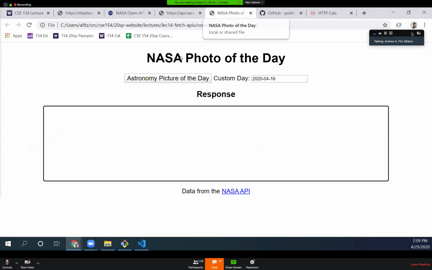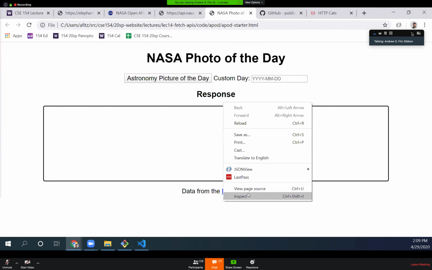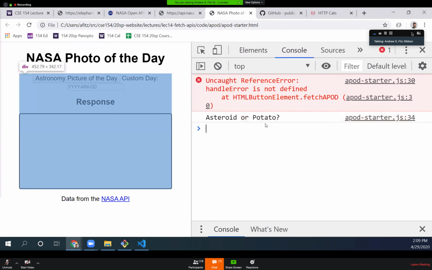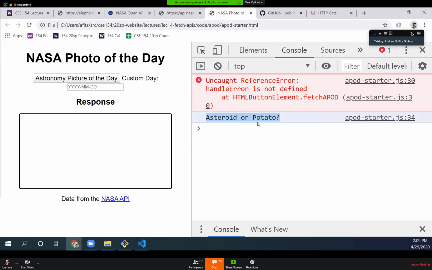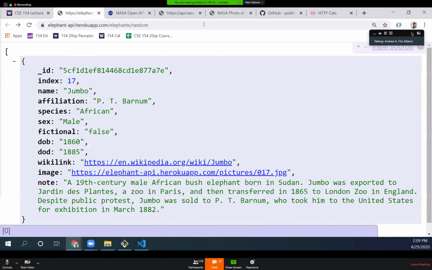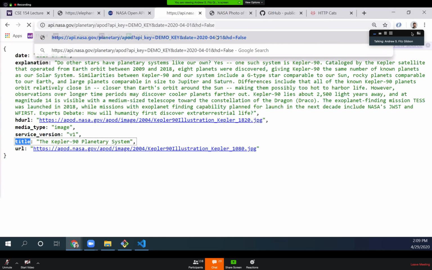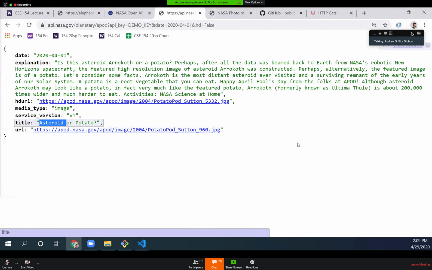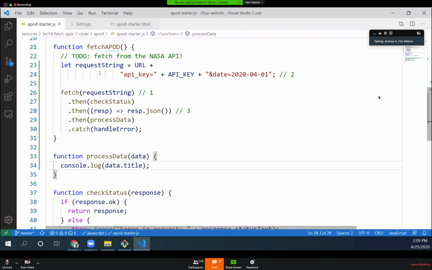Go back to this. We'll refresh, click the button, and I'll have to open up the inspector and the console to see that. Is it an asteroid or potato? Huh, okay. And that was for the beginning of the month. So I'm going to change the 28 to a 1. And sure enough, yes, that matches our title. So this has now validated that this JavaScript code is calling that API successfully with the parameter we gave it and